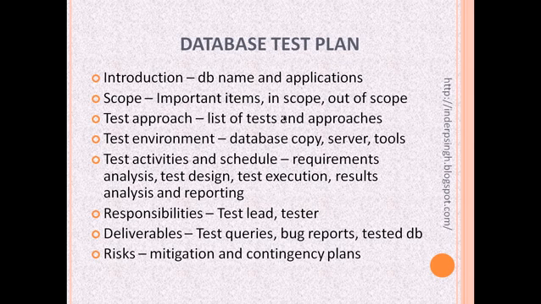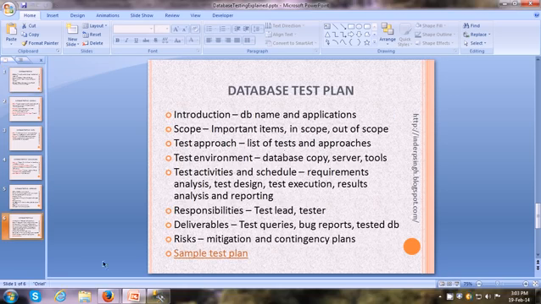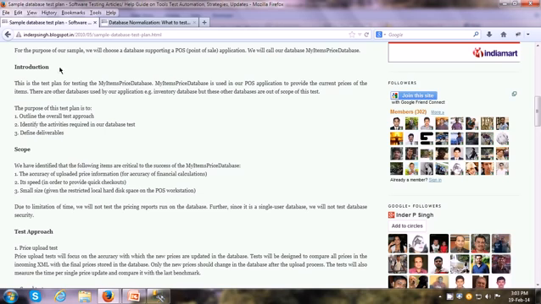Then in the database test plan, you can mention the risks also, that is, what risks you see. For example, there can be frequent changes in the schema, or there can be a large scope of testing, and what is the mitigation, how you will prevent that problem, and if that problem actually happens, how you are going to resolve it. So these can be sections in the database test plan, and I'll show you the sample database test plan that you can see from the blog. And here is this sample database test plan.